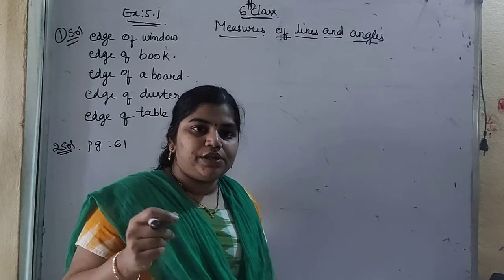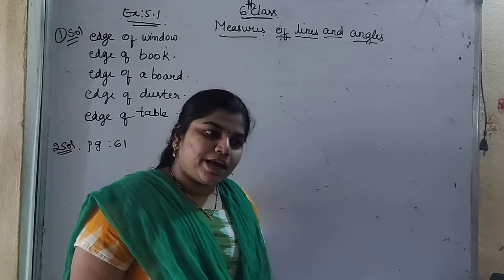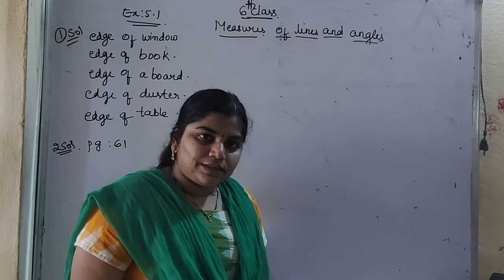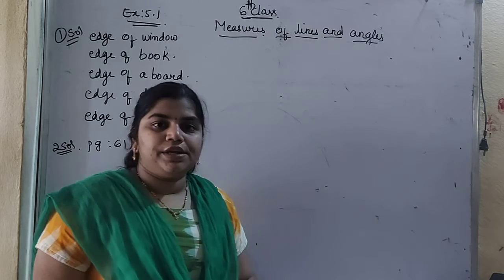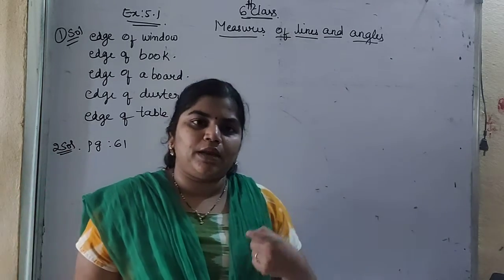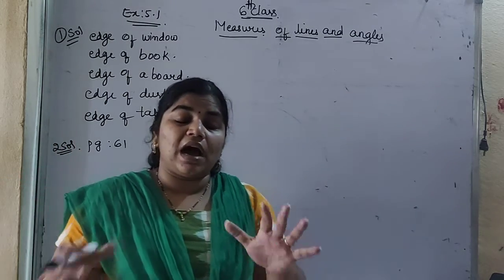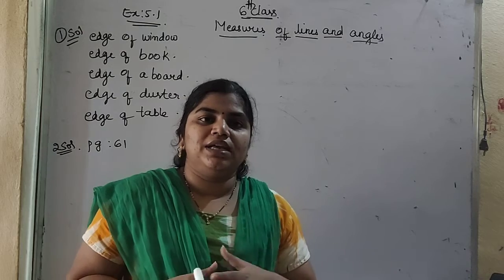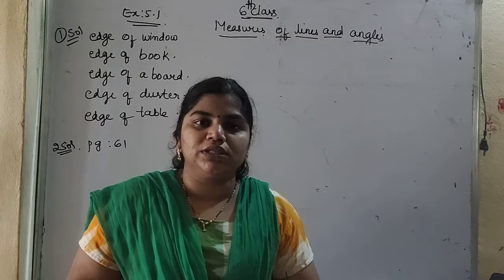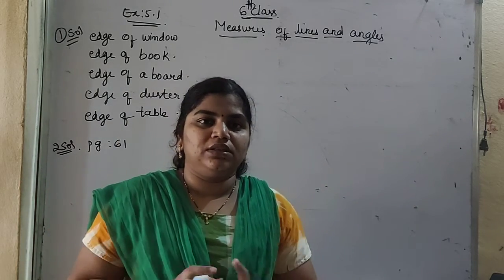You have to measure AD line segment, BC line segment, BD line segment, BE line segment, CD line segment, CE and DE line segments. These all measurements you have to measure correctly with the help of scale, or it can be divider. So you have to measure them and write the classwork. After that you have to arrange them in ascending order. Ascending order is nothing but smaller number to bigger number. So you have to arrange all the numbers in this order.